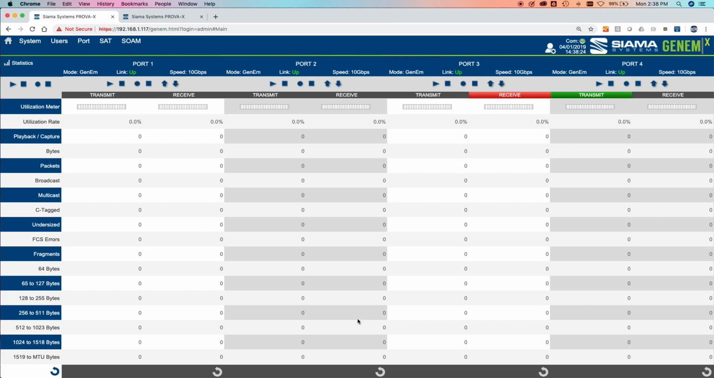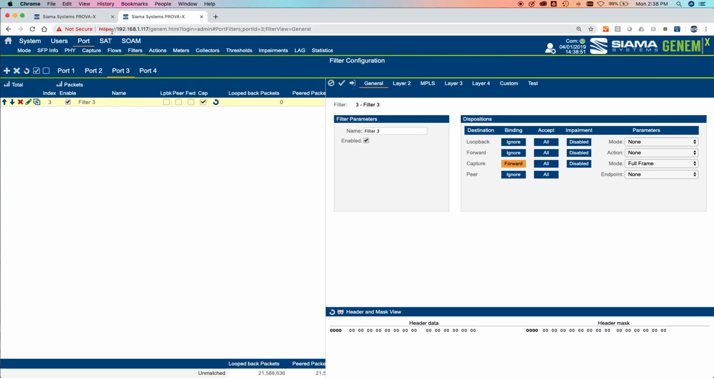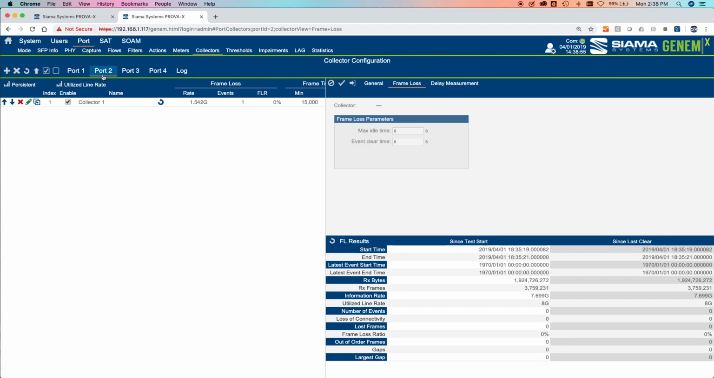Now that port 4 is, remember, connected to port 2, right? So if I generate synthetic traffic from port 1, we should see it go through the impairment entity and be received by port 2. In fact, that's what's happening. So we're going from port 1 through the impairment entity, port 3, port 4, back to port 2. And remember, we have a collector set up on port 2. So let's go check out the collector. So port, collectors, port 2,